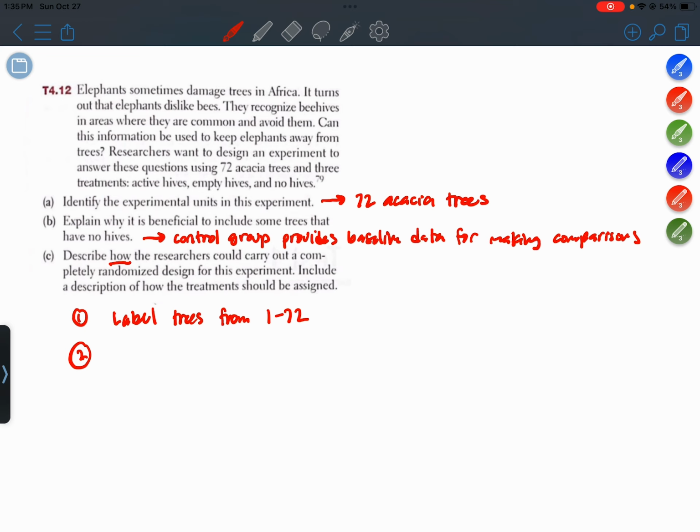Step 2, okay, I know this is not going to be popular for many of you, but I'm going to describe names, or in this case, numbers in a hat. So we'll put the numbers 1 to 72 in a hat and mix it up. And then we will draw out, let's see, 72 divided by 3. What is that? 24. Okay, so we'll pull out 24 numbers,